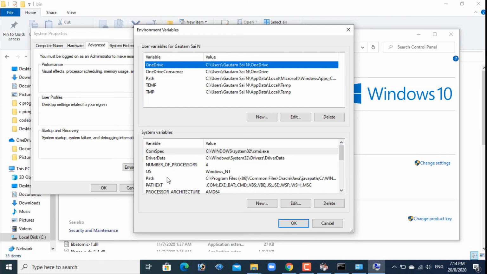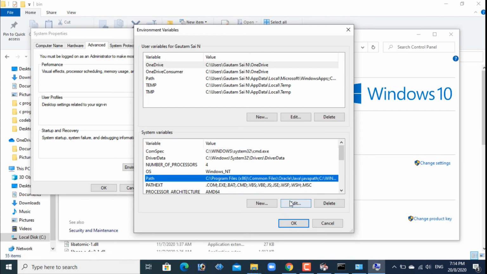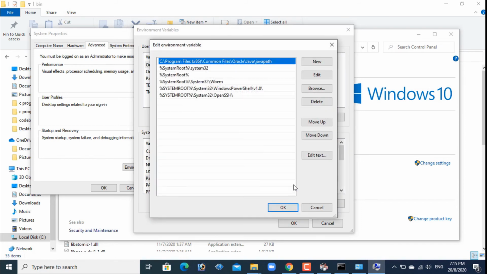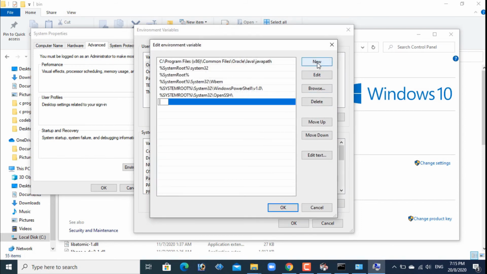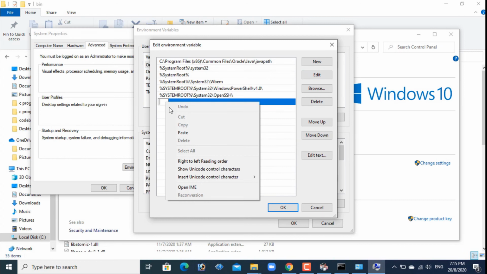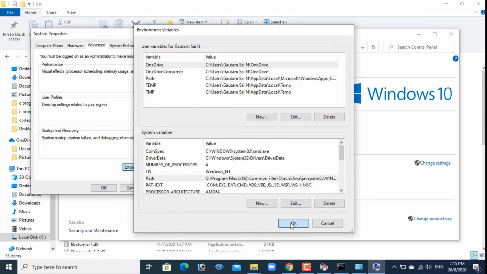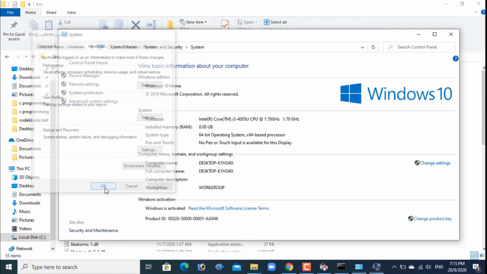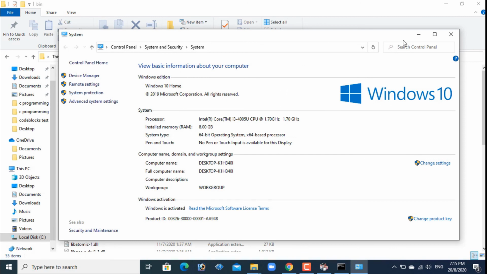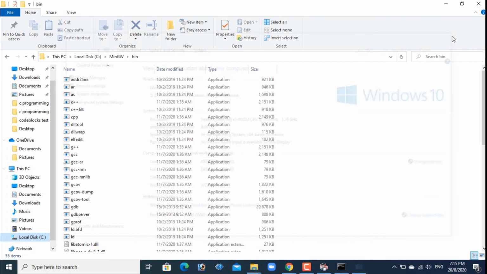We can see the variable name here, Path. Now click on this. Now click on edit. Now click on new. Now let's paste the path we copied for the compiler. Now click on OK. Click on OK. Click on OK. And let's close this dialog.